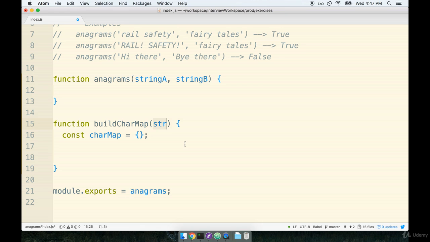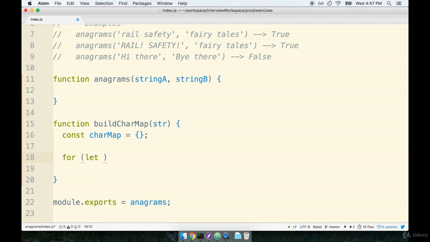So we certainly could do something like create a cleaned string ahead of time and do the regex and the toLowerCase call right here. But one easier way of doing it, or maybe not easier, but a slightly more compact way, would be to tuck that kind of cleanup logic directly into the for loop itself. So let's look at what that might look like. We could say let char of string dot replace. So this is where we're going to do that replace and lowercase logic right here in line with the for loop. So we will replace